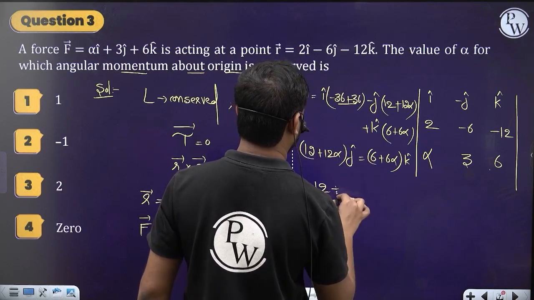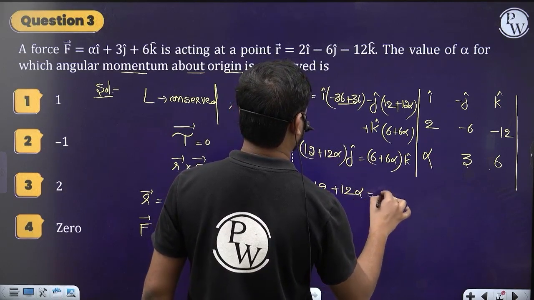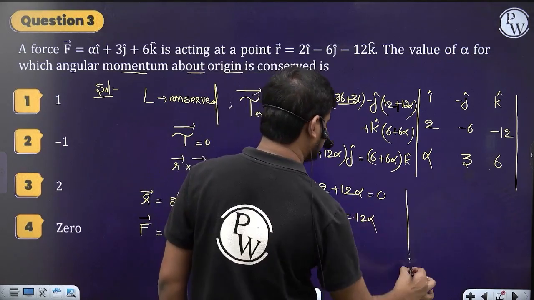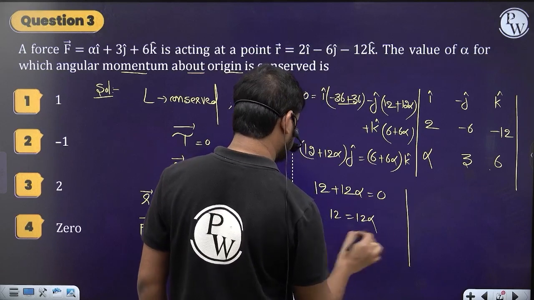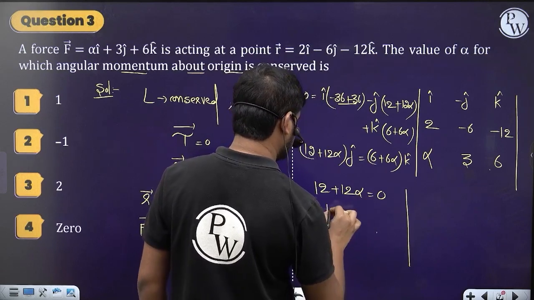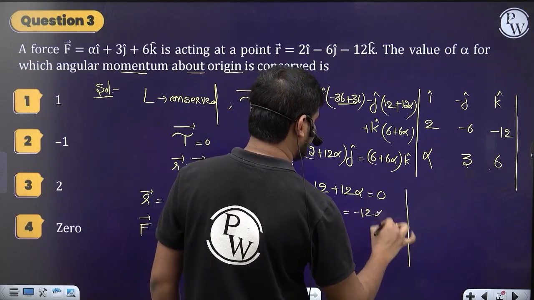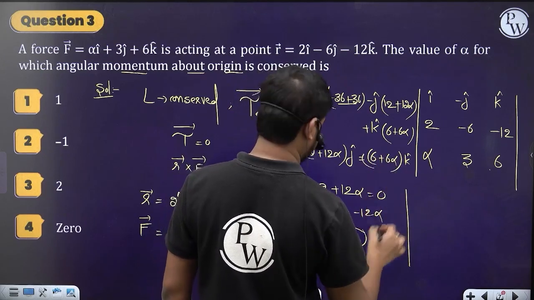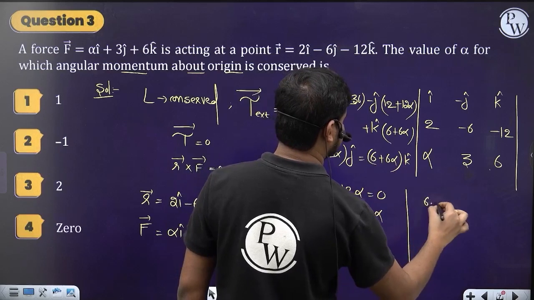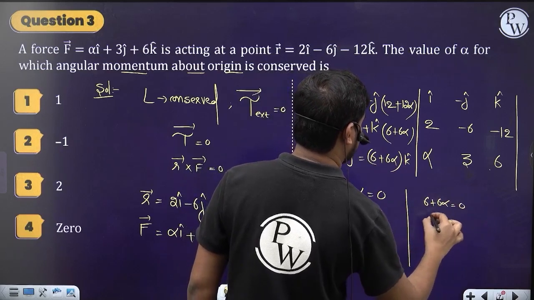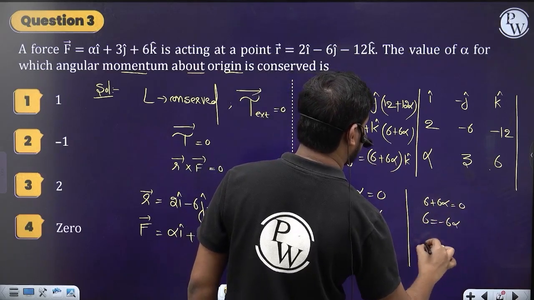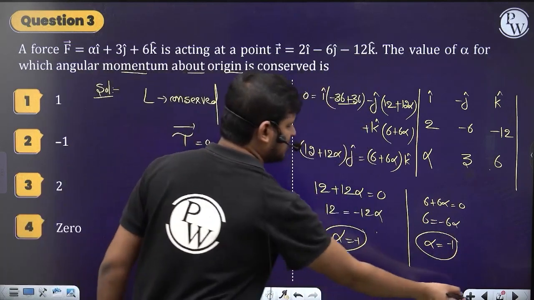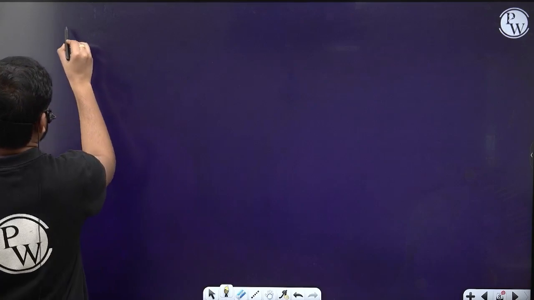12 plus 12 alpha is equal to 0, so from here 12 is equal to minus 12 alpha, and alpha is equal to minus 1. Or else you can make this equal to 0, this part, so 6 plus 6 alpha is equal to 0, 6 is equal to minus 6 alpha, and alpha is equal to minus 1. This is the simplest one, or else you can follow another method, so whenever r cross f is 0,